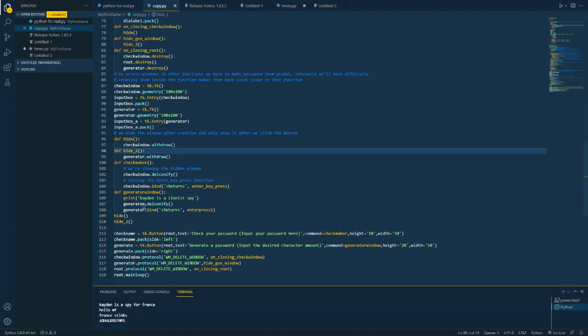Forgot to mention these functions right here. On closing of the check window, it will hide. On closing of the generator window, when the X button is pressed on the other window where you put in your characters, it will also do hide 2 and hide. It'll do this hide function right here, which we've defined below. On closing of the root, which means when you close the main window itself, it's going to destroy all 3 of these windows that exist, so that way you won't have any running instances